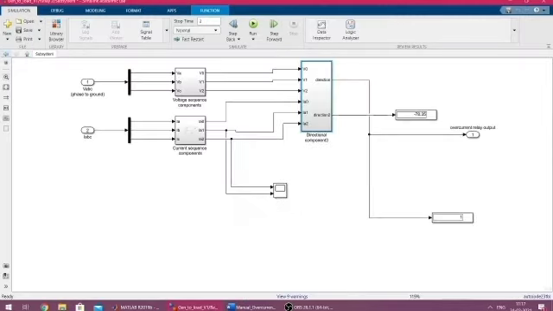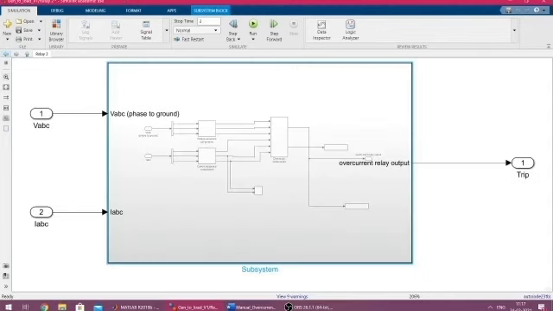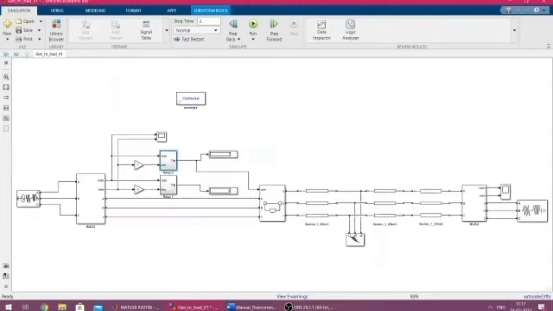Now we are ready to check the performance of this directional relay. For that purpose, we have used two relay units in this three-phase power system model. To one relay unit, we have multiplied a factor of 1 to the current entering that particular relay, so that this will emulate the practical condition of a forward fault. And in order to emulate the practical condition of a reverse fault, we have multiplied a factor of -1 to the current entering the second relay. So this is how we have created the forward fault and reverse fault for the relay.